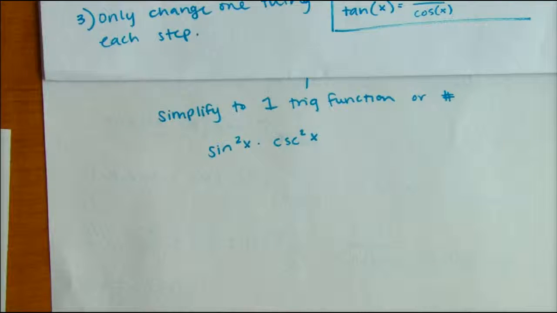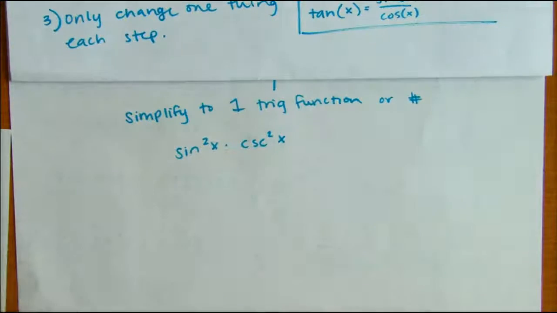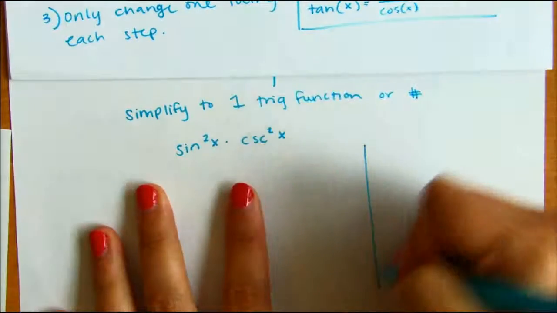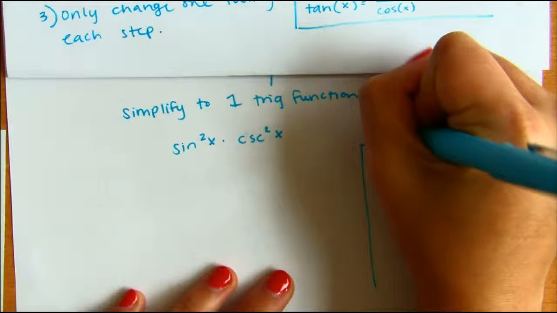But for practicing, you're going to practice just with this concept of substituting in and simplifying. You're going to be practicing that on Delta Math. And so we're going to be working through this problem, simplify to 1 trig function or number. Before we do that, though, I do want to talk really briefly about exponents